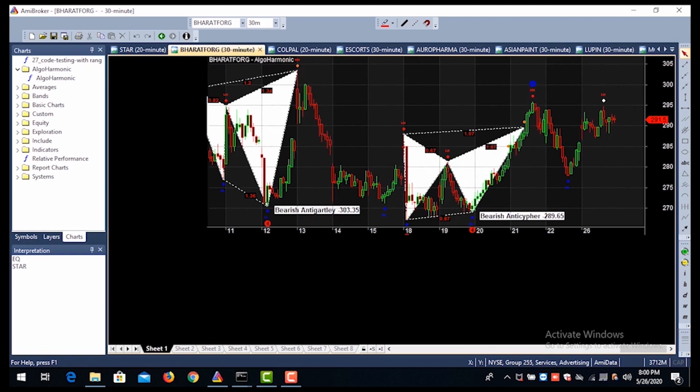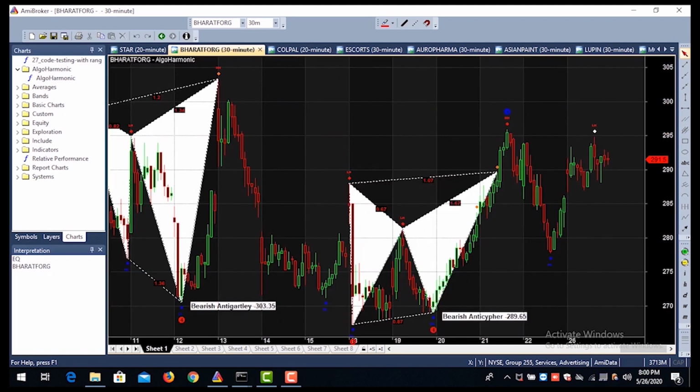See, from Star it moves to Bharat Coach. From Bharat Coach next it will move to Kolpal. So it will touch each of the tabs that you have opened, each tab meaning each of your watch lists which is open. So that those many watch lists are active, and whenever a live call comes, it will be sent automatically to Telegram.